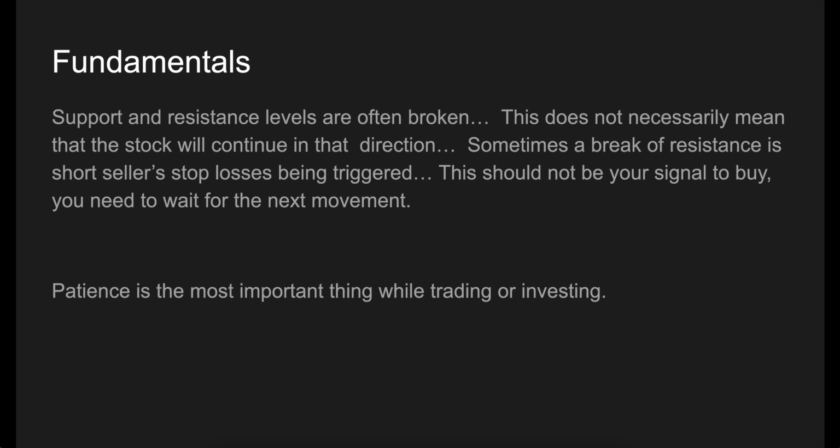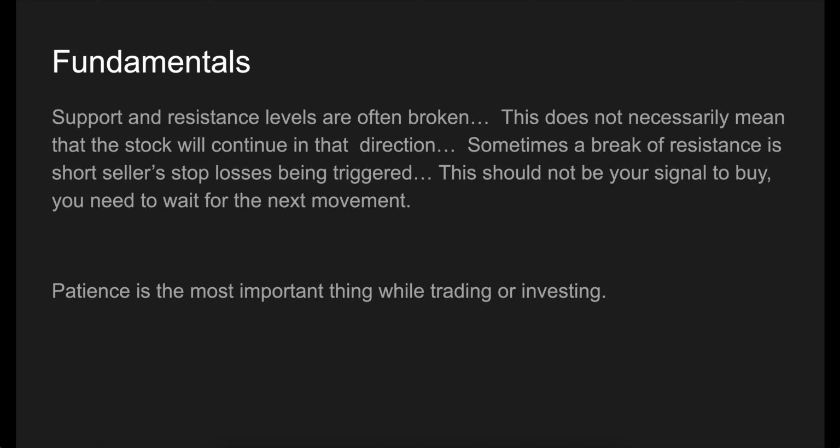But often, the stock does not hold this gain, which is why I say it is what comes after that is the most important. If you see a stock break resistance, and then you do not see a bullish confirmation candle or larger volume, you can assume that the stock is going to go right back down, and that is not a good time to buy, or maybe open up a short position now.